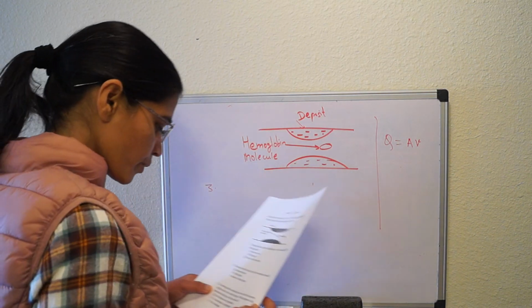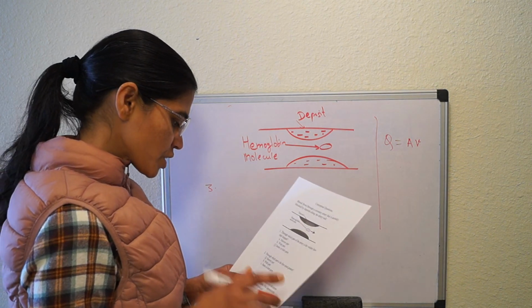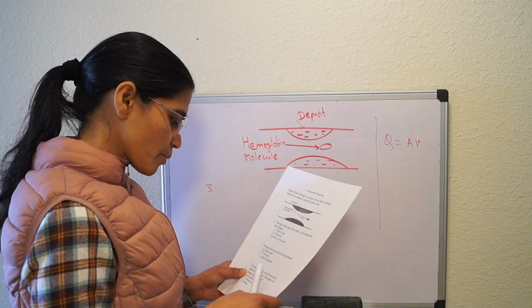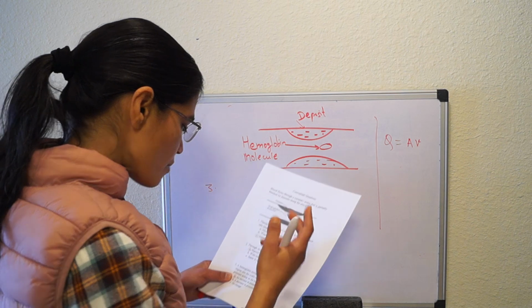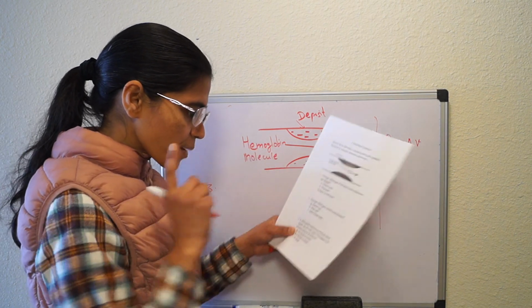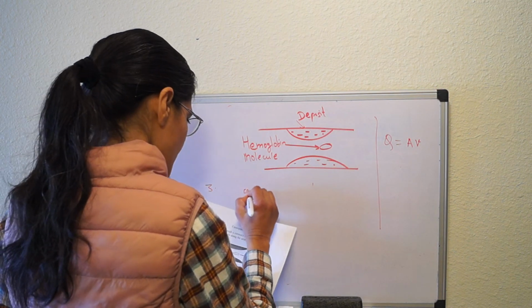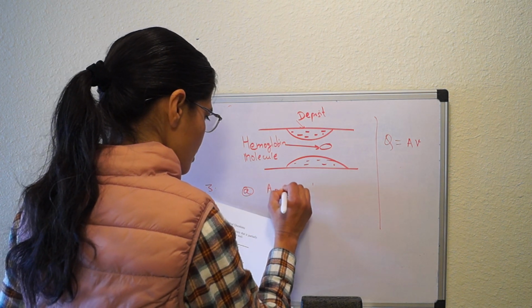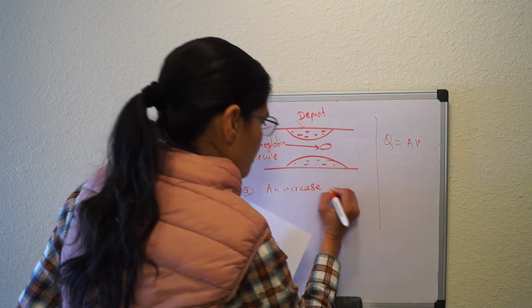Number 3, a hemoglobin molecule moves from the narrow region into the wider region. What happens to the pressure acting on the molecule? So the molecule is moving from the narrow region into the wider region. What happens to the pressure acting on the molecule? Pressure options are given to you. A, an increase in pressure,